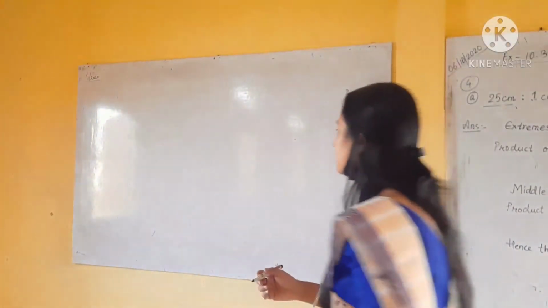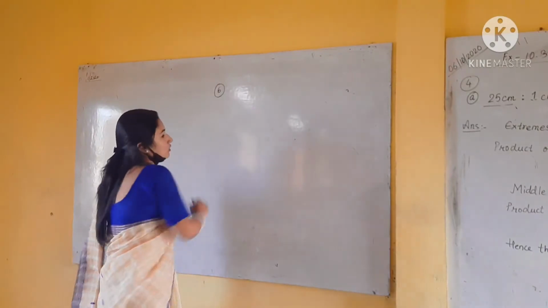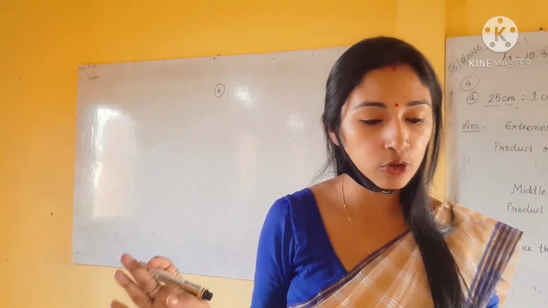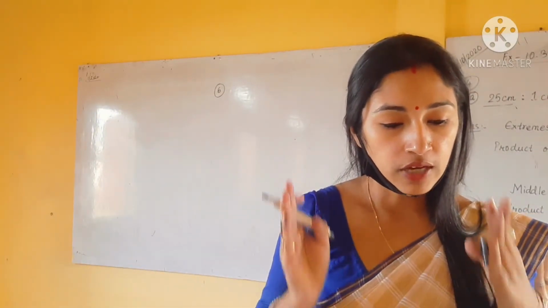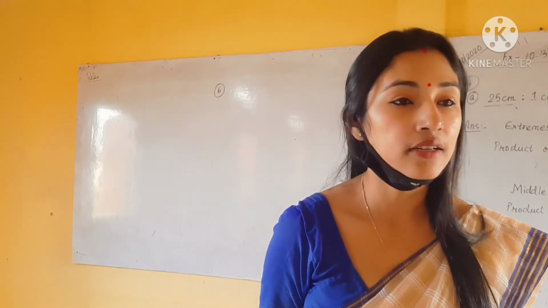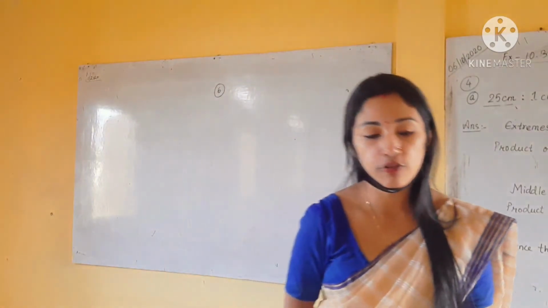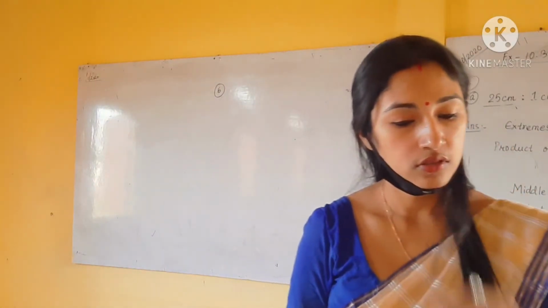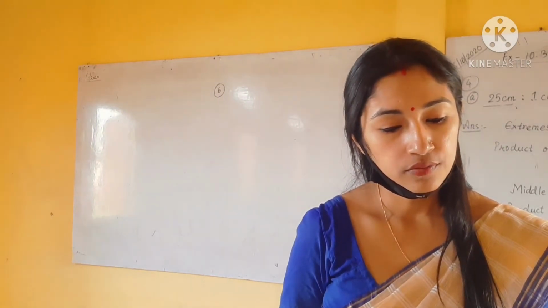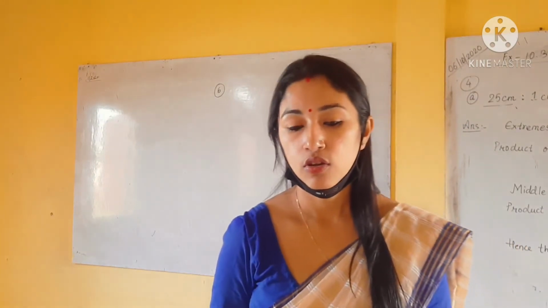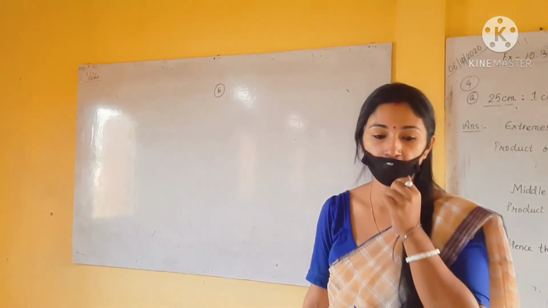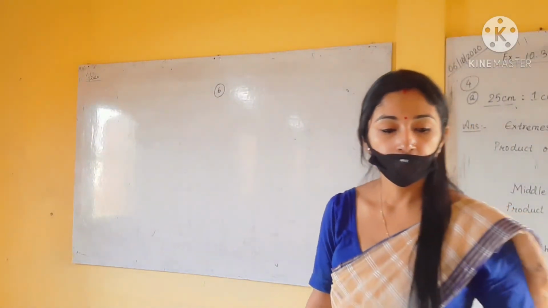So question number 6, right. We will not write the first condition because the first condition is very clear to you. The second condition, write: let x kg of rice be needed for 40 people. Let x kg of rice would be needed for 40 people.